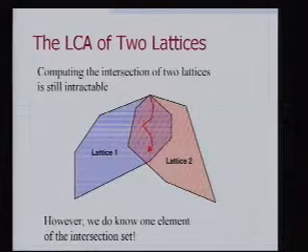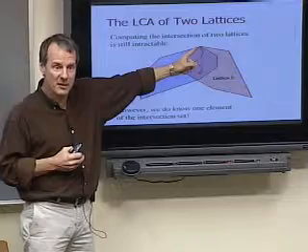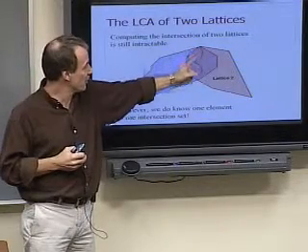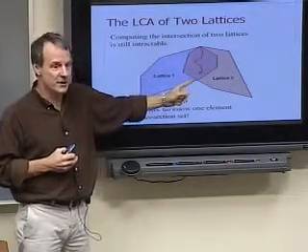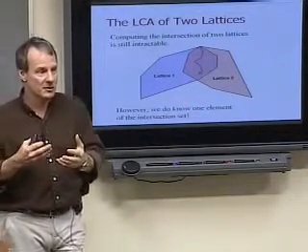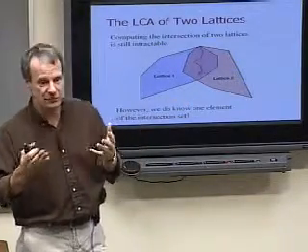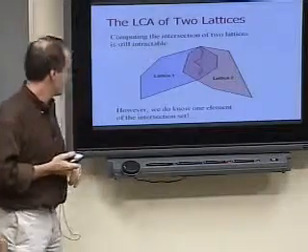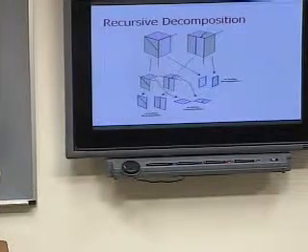We know that the silhouettes must be common. That has to be at the apex of each lattice. So we're going to start with a known member of the intersection, and we're going to bore our way down and try to find some kind of structure that maintains commonality to both lattices. So how do we do that? Let's look at a simple example.